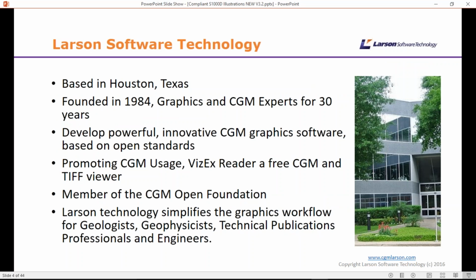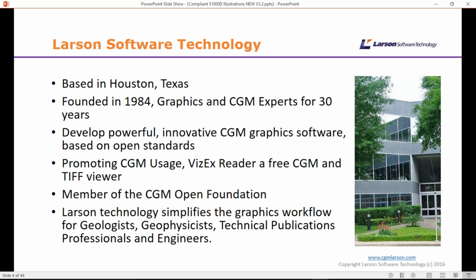Don was going to introduce his company. It looks like his internet has dropped off, so apologies for that. Larson's based in Houston, Texas. They were founded in 1984, and it was really founded around graphics technologies and specifically the CGM format. So they've been in the industry for over 30 years. They've developed powerful, innovative CGM graphics software, and it's all based on open standards.